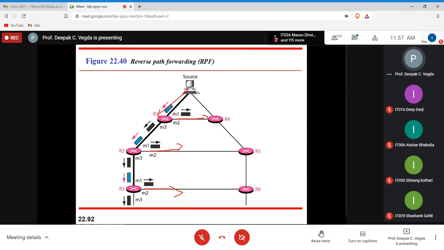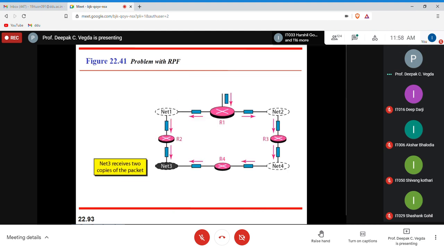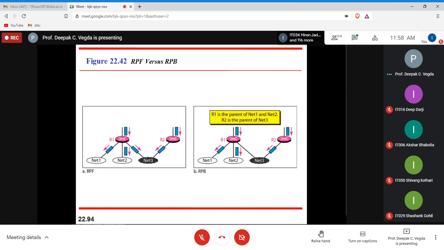So this is your interface 1, interface 2, interface 3. When you have a packet, you forward only a single packet here, you generate a shortest path packet there, and you only forward a shortest path packet here. And then whatever packet you got, you forward it, as well as you are forwarding a shortest path packet here. Every router will generate its own shortest path, reverse path forwarding, right? Yeah, that loop problem we have already seen.